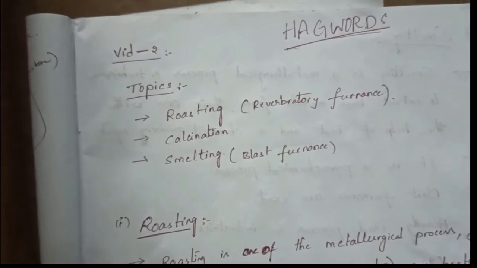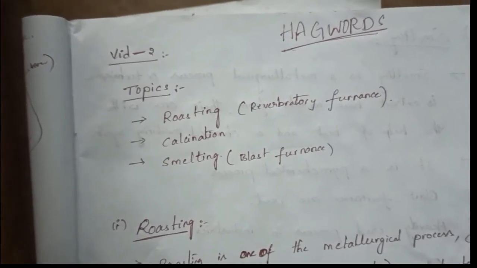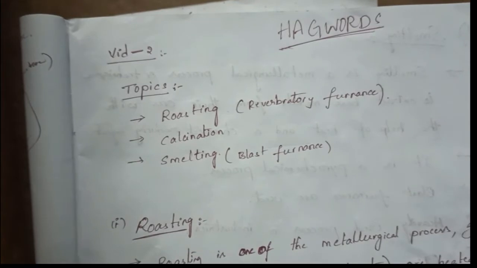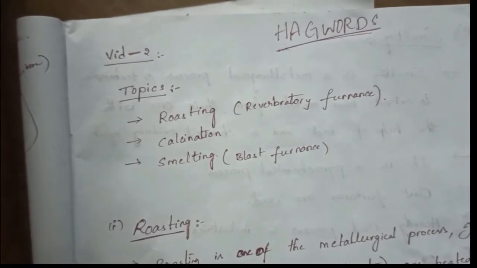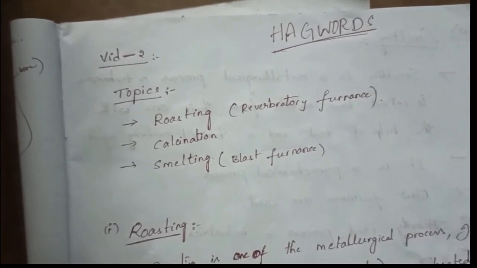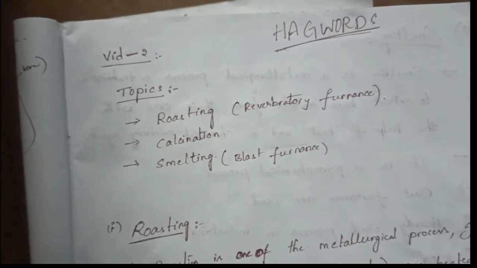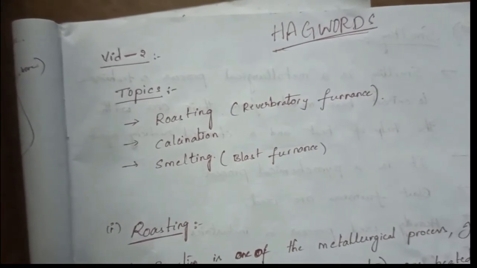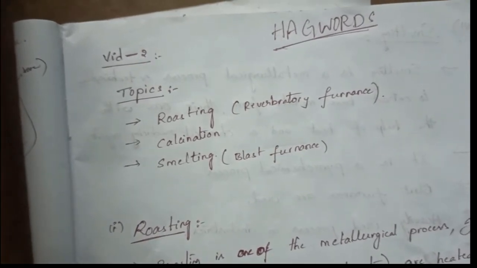Welcome back to Hogwarts. In the previous video, we had just discussed metallurgy and the basic concepts of metallurgy like flux, gangue, and ore, etc. Today we are going in depth into the fundamental purifying methods. We are going to explain that. The purifying methods are some types of mechanical methods which are used to purify ores.